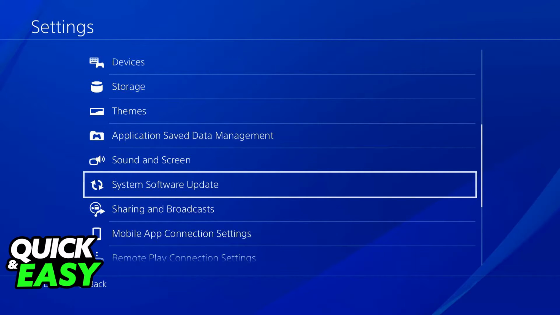So check to see if there are any updates, and also check to see if there are any updates for Roblox itself. By updating your PlayStation 4 console and the game, you will be able to use any software, any game without any issues. If this problem still persists, the next thing to check is to see if your PlayStation